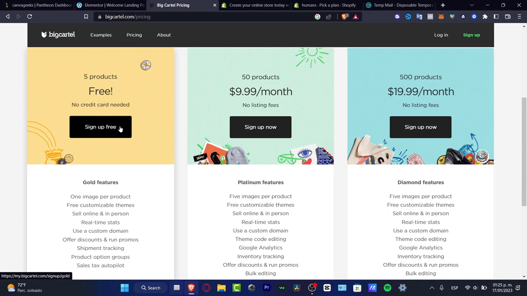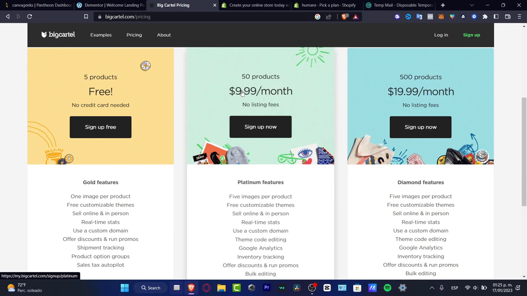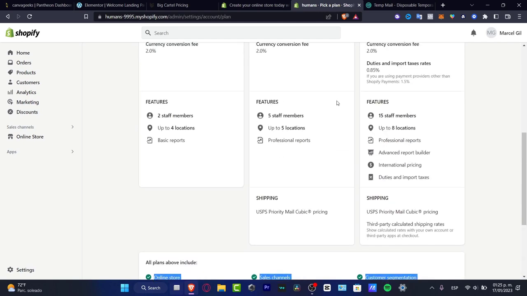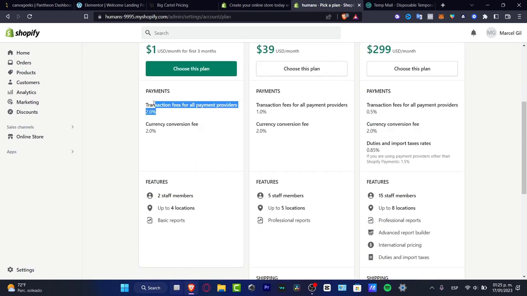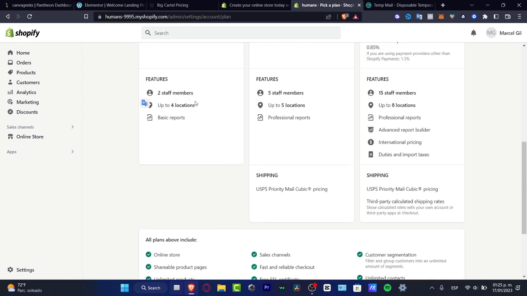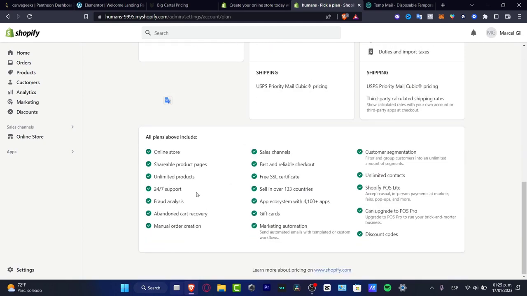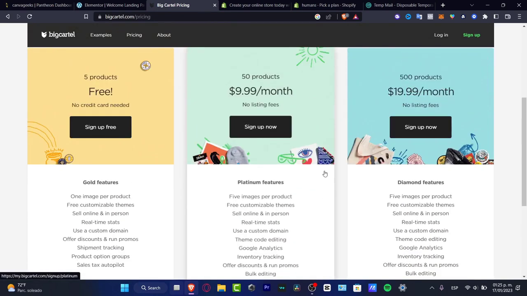Now here, the next feature is the platinum plan. This is $10 per month, a little less than Shopify, which costs $14. They have low transaction fees, 2 staff members, a lot of products, fraud analysis, gift cards, and much more. So back here in Big Cartel, you can now import 5 images per product,